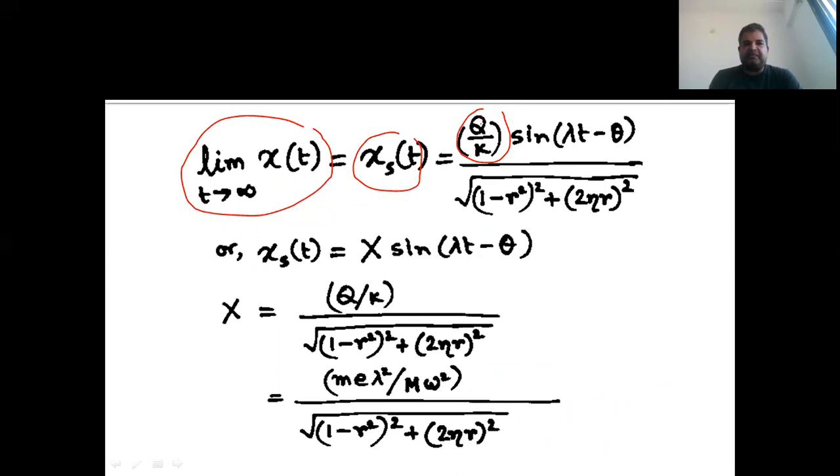So in the earlier case, you will have a p by k. Here there is a q by k. There we had cos. Here we have taken sine. So here sine is coming. That is the only difference. So if you see, this value is nothing but the amplitude of the sine curve. So I can replace this term as x, right?